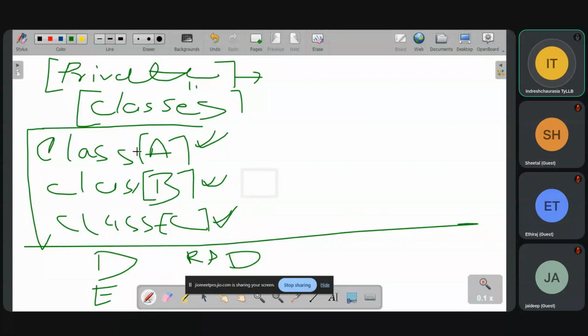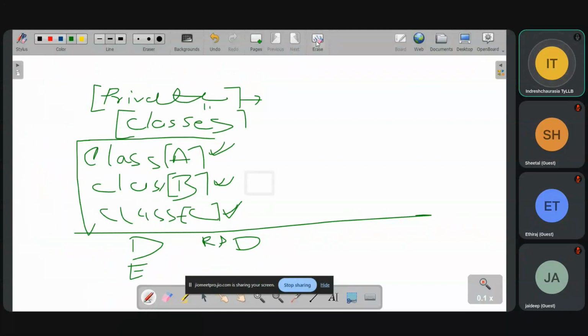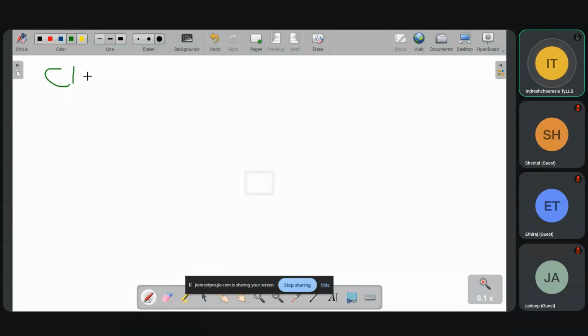So, what does this exactly mean? Now we are going to see class A. It means a larger network.